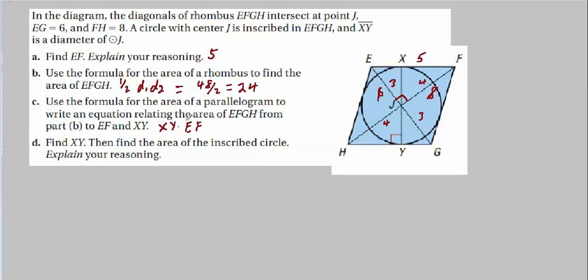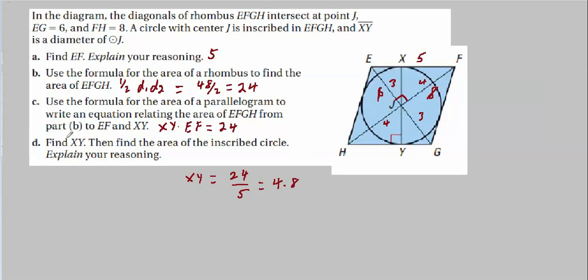That would give us the area of a parallelogram if we knew xy, which we don't at this point. But we do know that this is equal to 24. Now they say find xy. Well, gee whiz. EF was 5, right? We've got that right up here. So xy has to be 24 divided by 5. And that's 4 4/5, or 4.8.